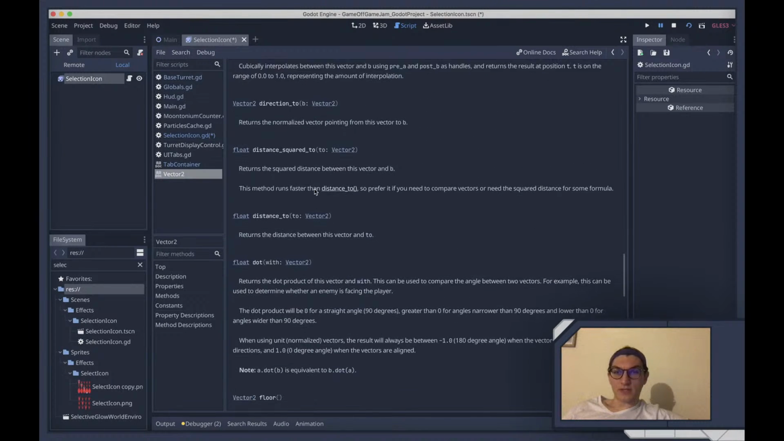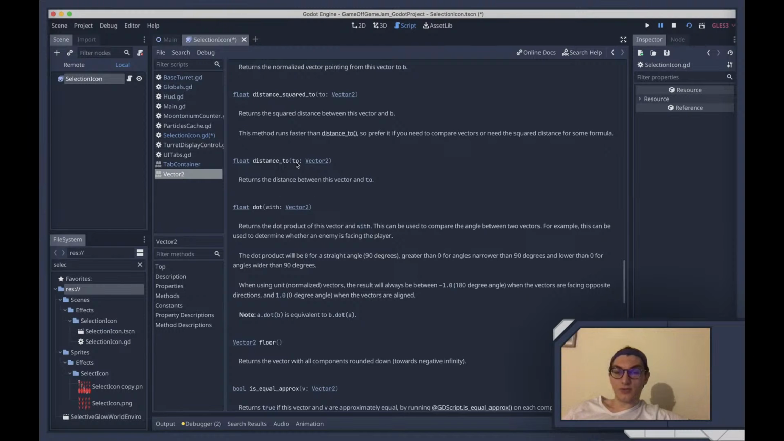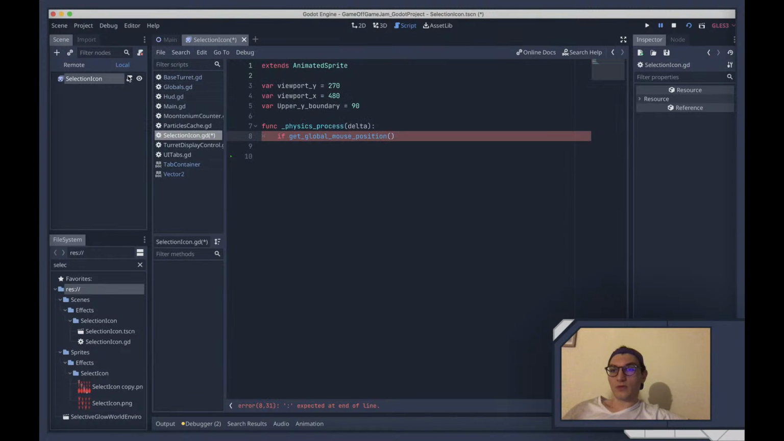Okay, so I'm gonna say distance 2, 2. Okay. So I'm gonna say if global mouse position dot distance 2, and then we're gonna say viewport. Oh, this needs to be